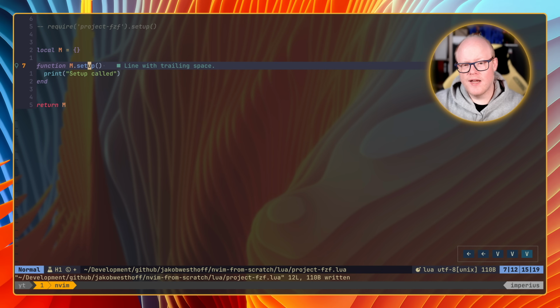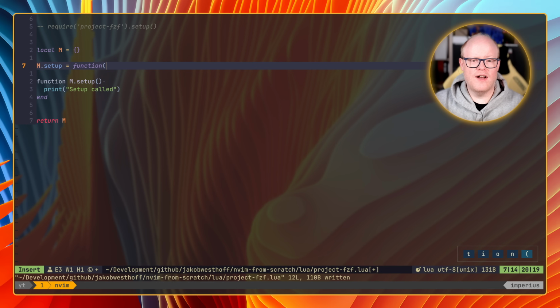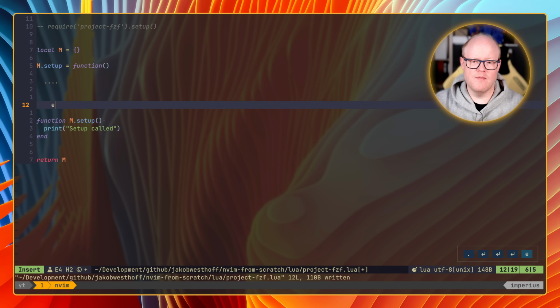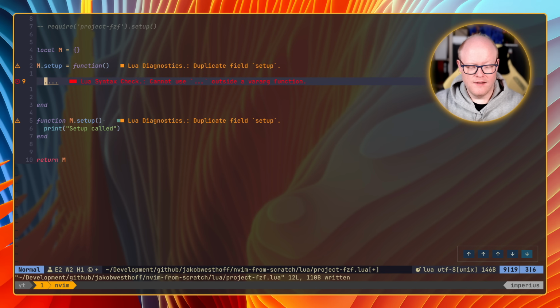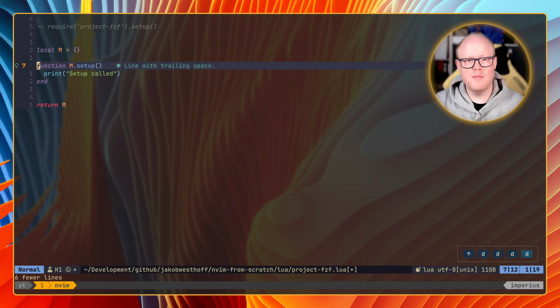So actually you can define functions in Lua on tables like that. Now here a function is defined on the table M, and it will then be local, of course, to this table, because it will be part of the table. And essentially this is the same as if I would have done M.setup equals function something end. If I do not write invalid Lua code there, essentially this and this are the same. So I like this syntax a little bit better,